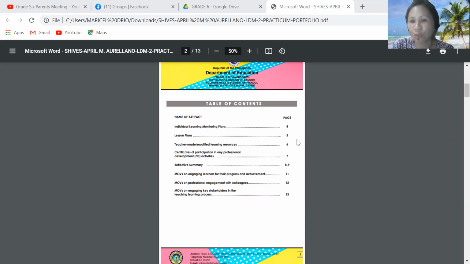Just be sure that if it says page 1, page 2, page 3, page 4, it really aligns with the number of pages. Because sometimes this becomes a problem in what's submitted to me. When I check, it isn't really page 4 but what's written is page 4. So that's it. Alright, so we have here page 5, lesson plans, teacher-made modified learning resources, page 6, certificates of